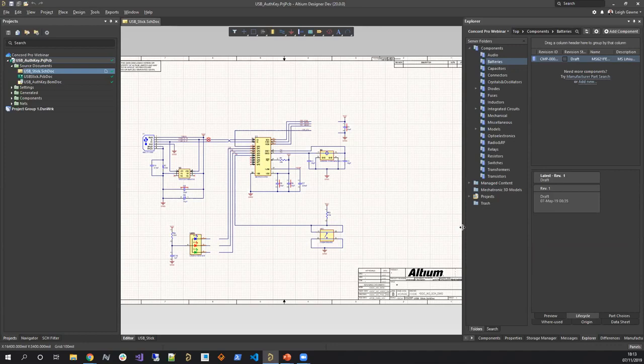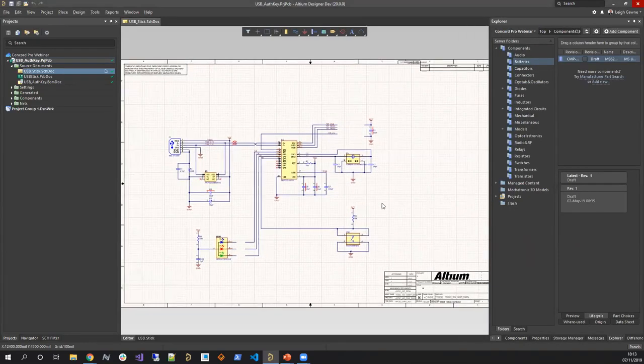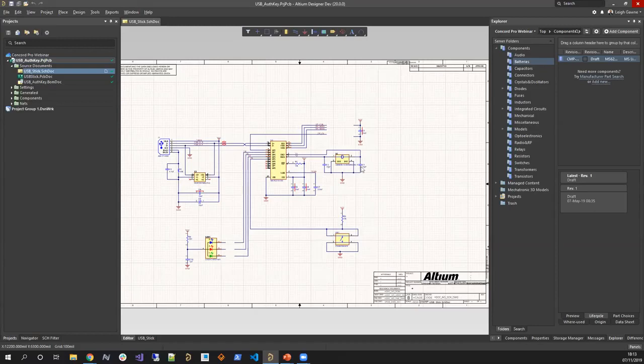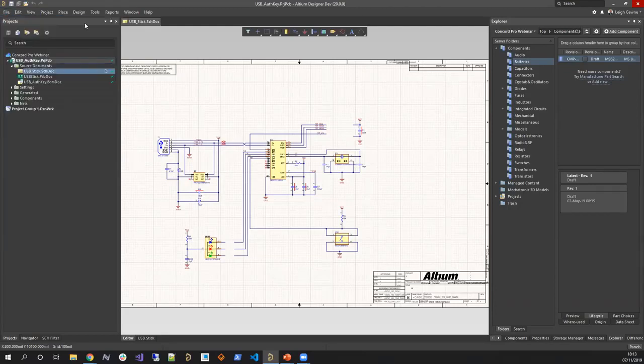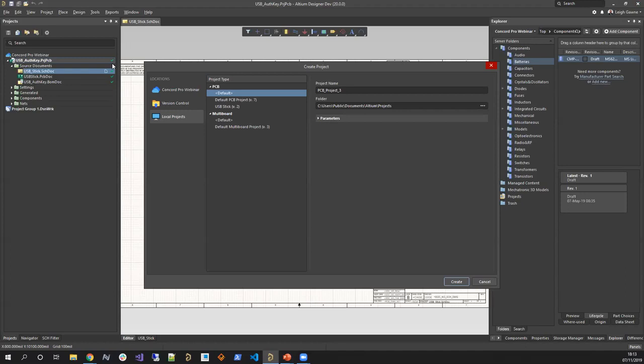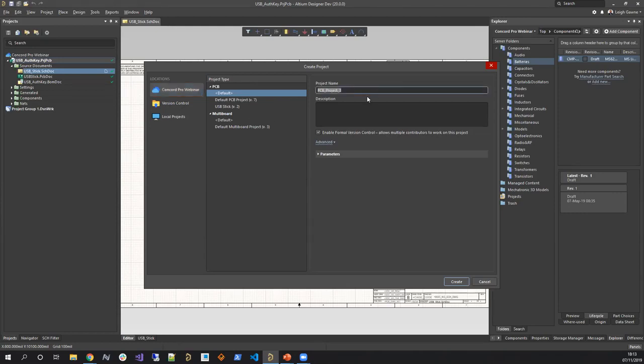Okay. So I've actually got a bit of a test project here that we're going to run through today. One of the things that I'll show you just prior to stepping into that test project is, if you want to create a new project within your workspace, it uses the same mechanism and process that you will be used to normally. You just click file and the create project button. And what you'll see on this left-hand side is, because I'm connected to the Concord Pro workspace, I actually get this Concord Pro webinar location set up here on the top left-hand side. So this is what my workspace is actually called. So I can come in here, give the project a name, give it a description, and create the project